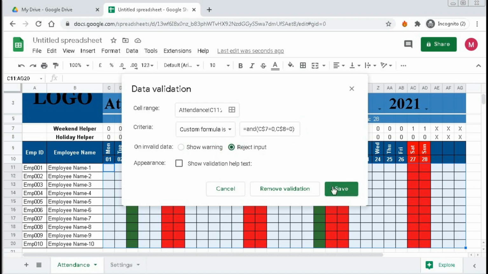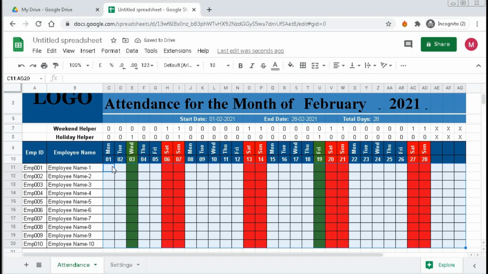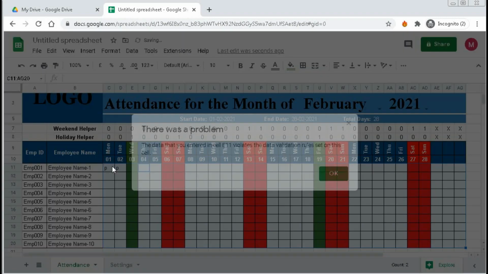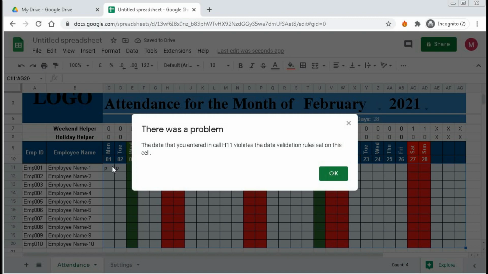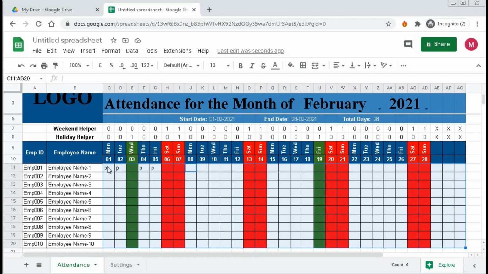Select reject input. And now you can see if I put here P, it is not taking on a holiday. P is also not taking on a weekend. We can understand that this validation doesn't allow putting any values in weekends and holidays.